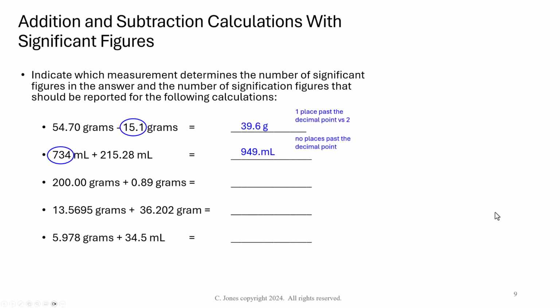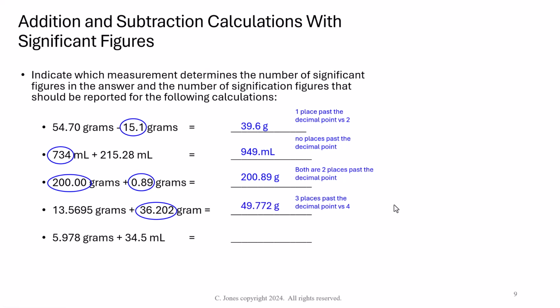And then here we have 200.00 grams plus 0.89 grams. Both of these are 2 places to the right of the decimal point. So our answer will be 200.89. Right, and then we have 13.5695 plus 36.202, 4 places to the right of the decimal point, 3 places to the right of the decimal point. So our answer can only have 3 places past the decimal point, which gives us